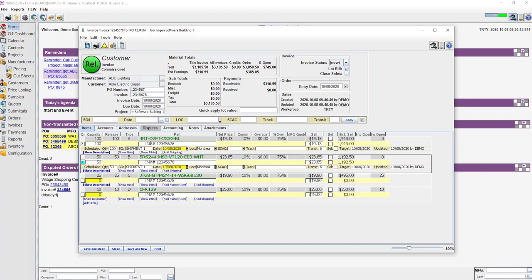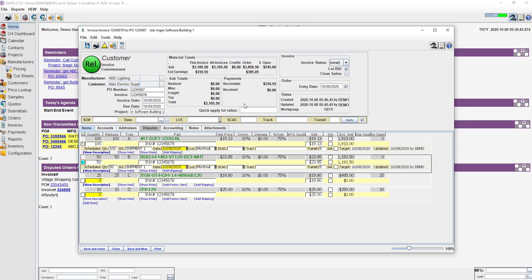So if that's all the item or dollar amount that's been applied, you can simply save and close and move on to your payment screen when you receive a commission check, so we can reconcile that. Now, in scenarios where you get an invoice from the factory and you cannot figure out what lines this invoice applied to, you can estimate it, you can guess at it if you want, or